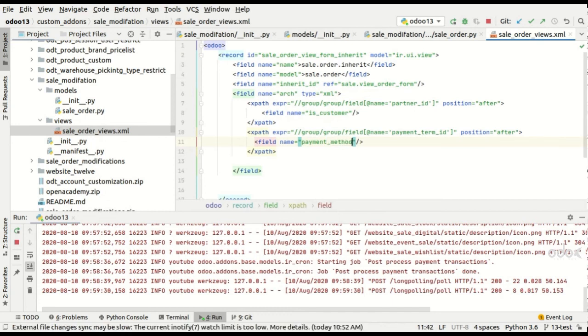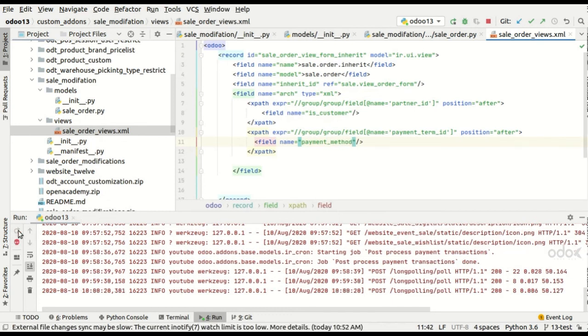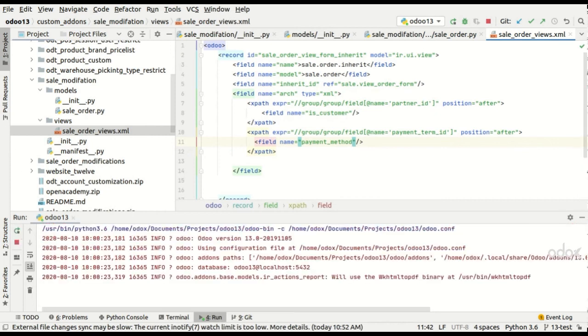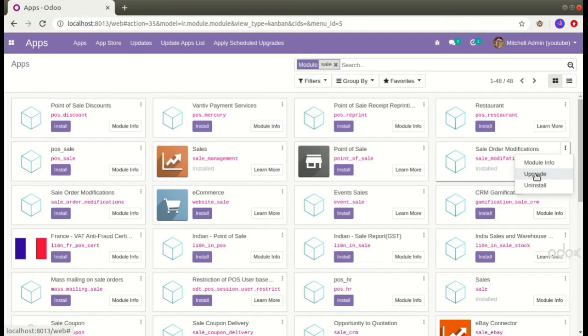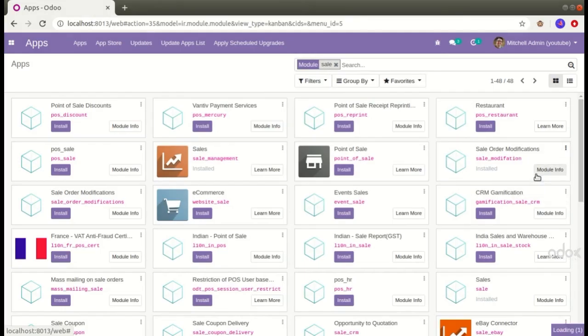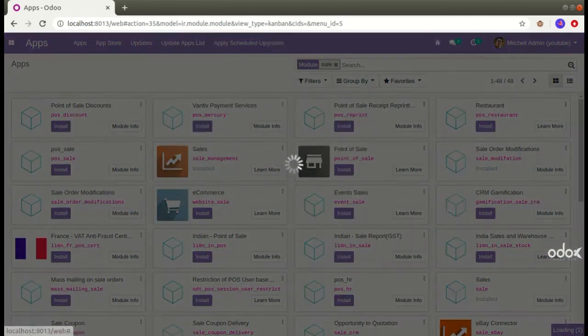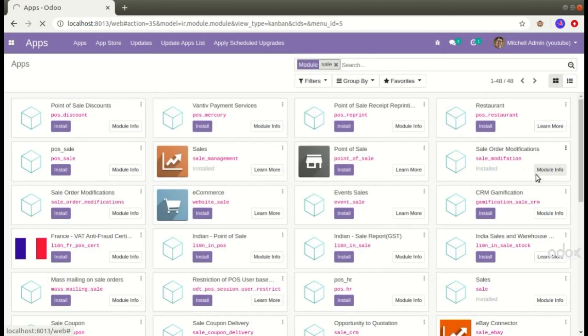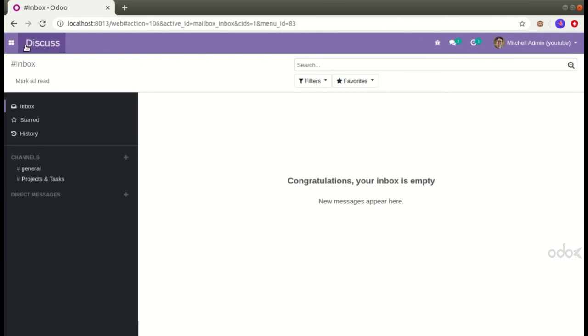So now run the file, then we are going to upgrade it as well. While you are adding new code, click on the upgrade and let's wait. So our upgrade is ready now.